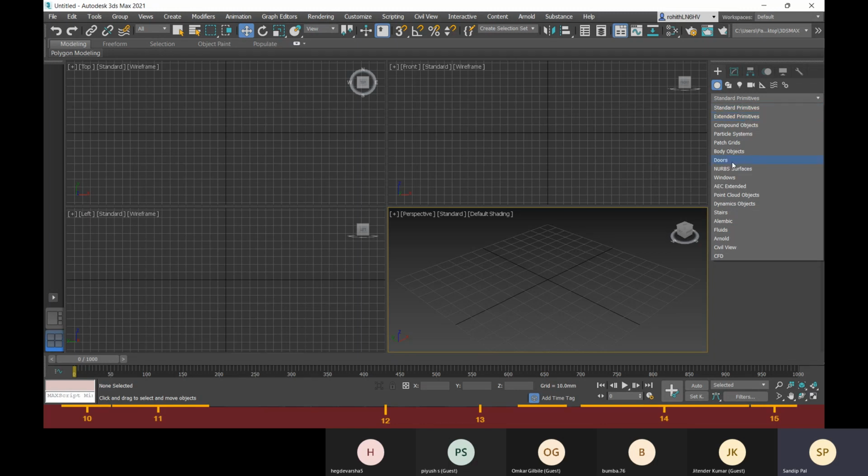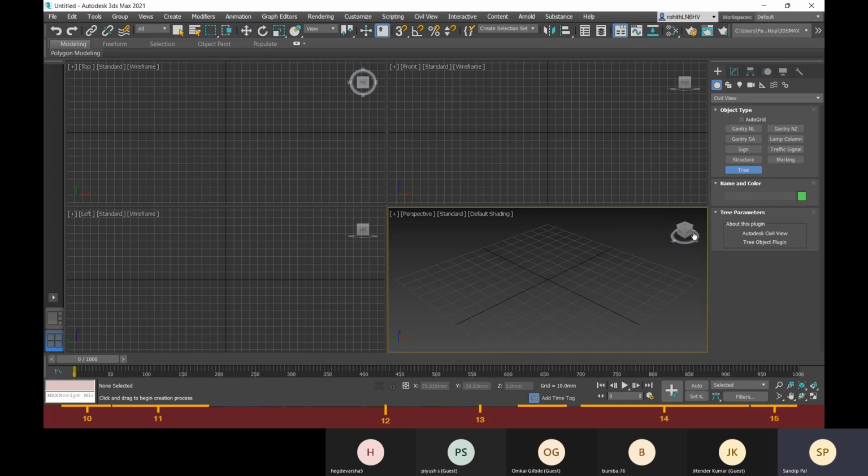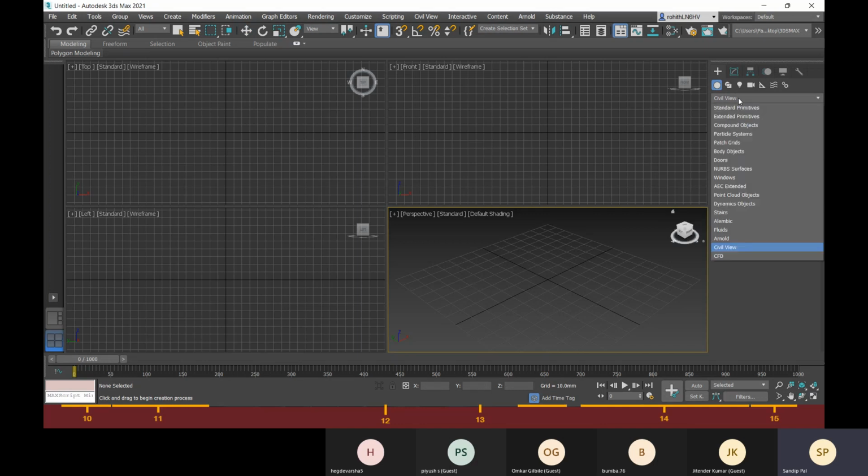You have others like doors and windows, and in AEC extended you have options for architecture and civil related work. The civil view is generally for infrastructure views, where you have trees and all, so you can create them.